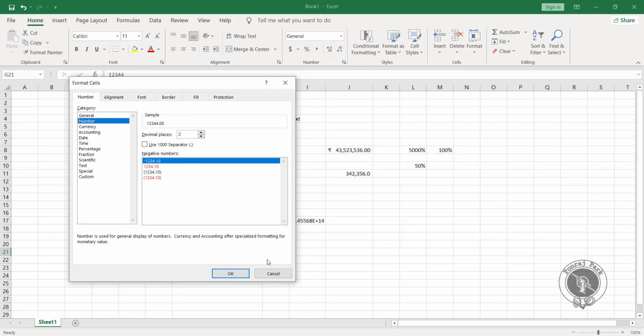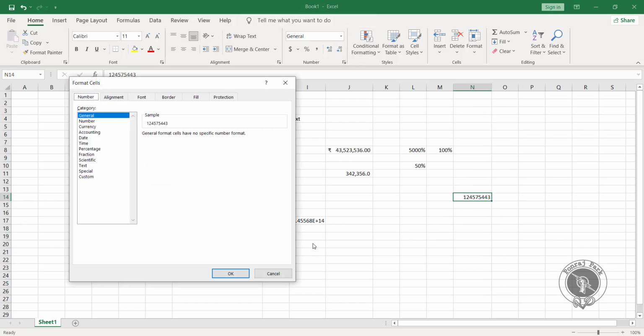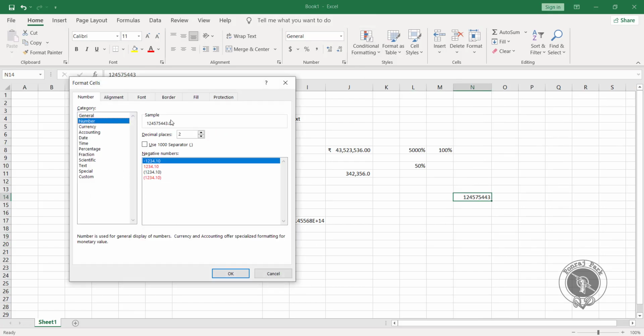Okay, then we have the number format. Suppose I enter some number over here. Now if I come to number, you can see we can also increase the decimal places from here, which you can also do from over here.